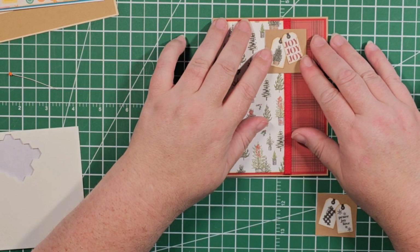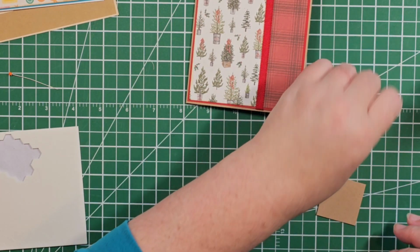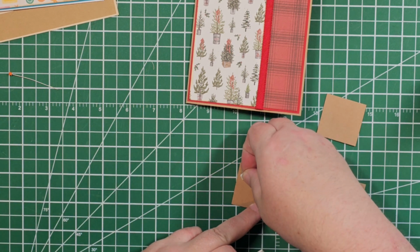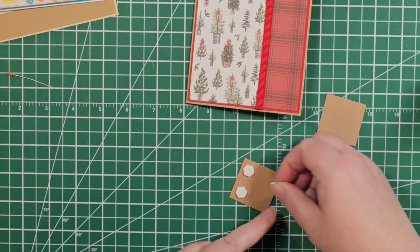Excellent. Okay, so now that I have all of my squares done, I'm just going to flip them over. I'm going to apply some of my foam,